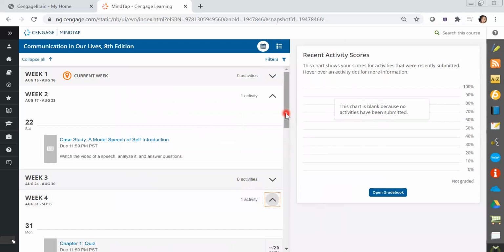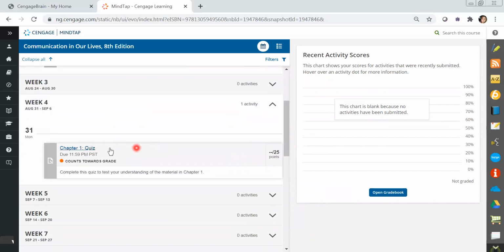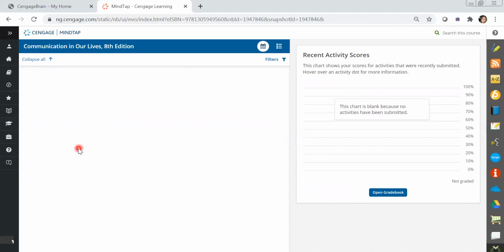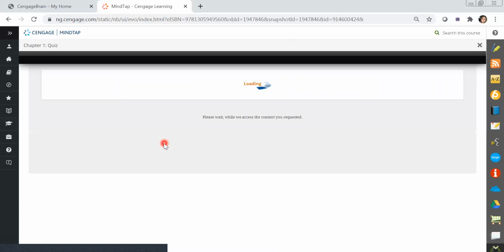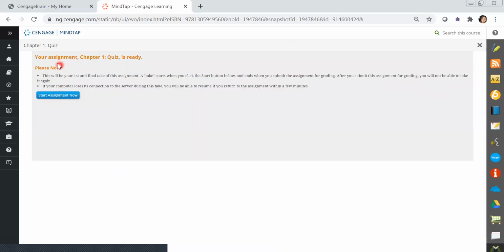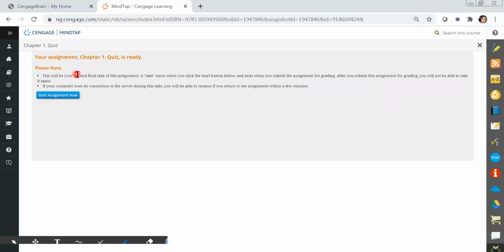Another type is a quiz. Okay, so to access it, just simply click, okay, click the specific activity, and again, there would be an instruction that will prompt here, and when you are ready, start the assignment. Okay,